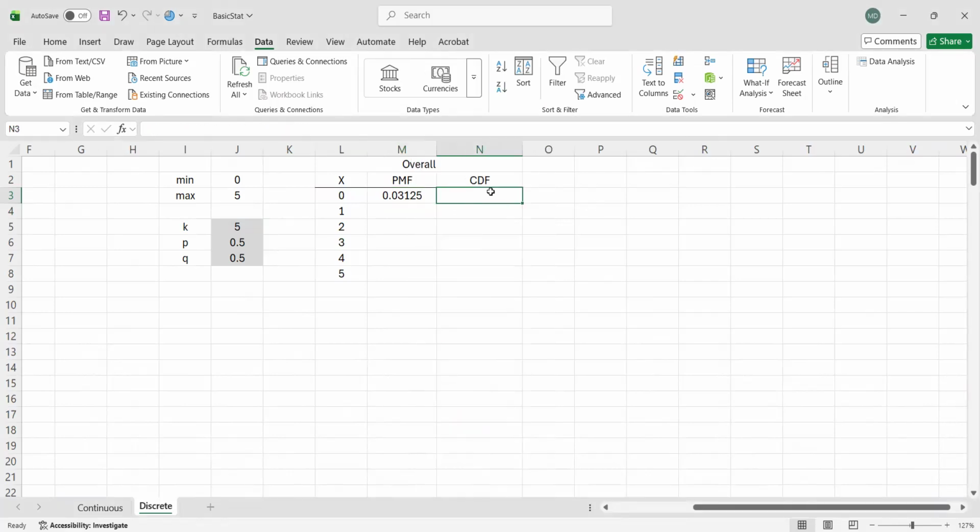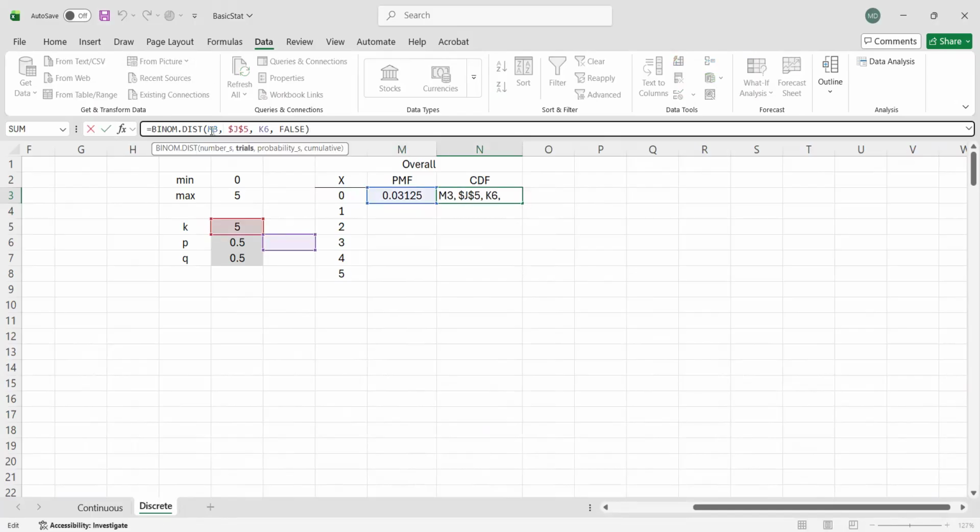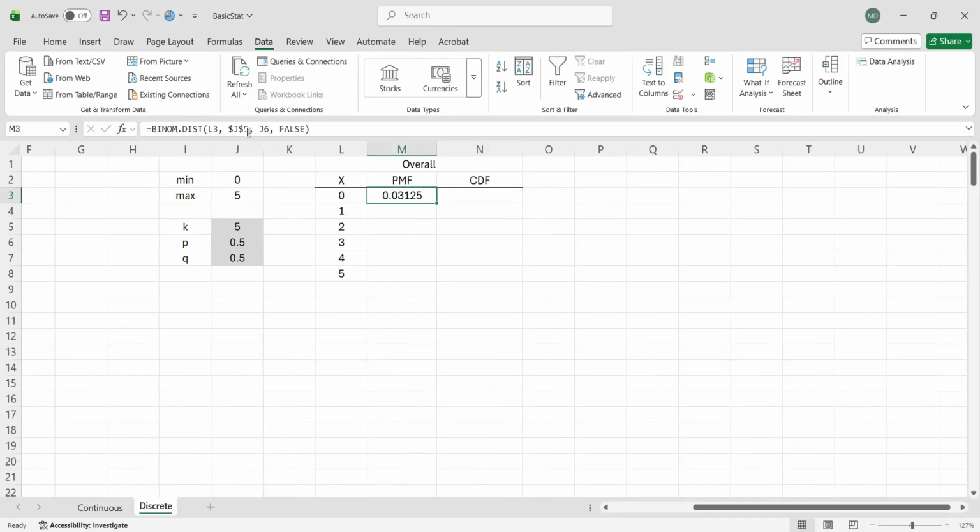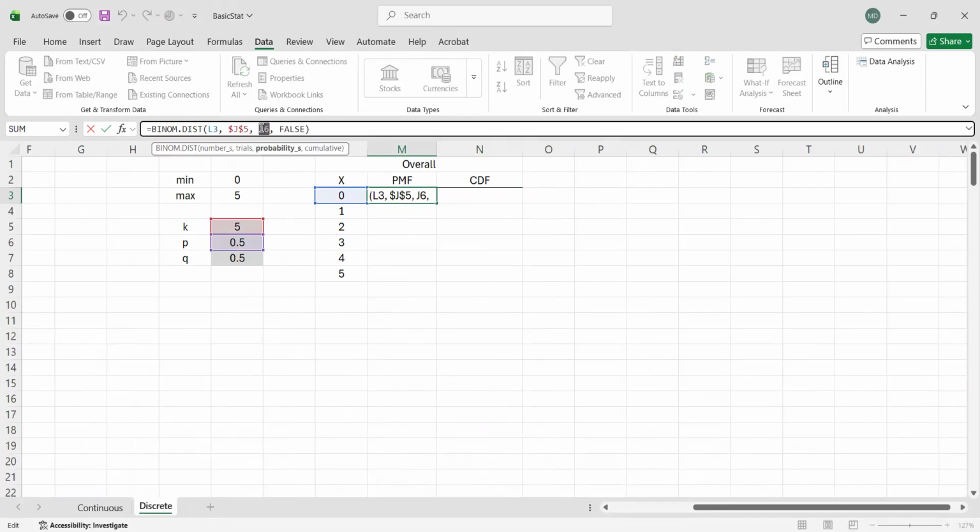And then now for the CDF, we use the same formula. We can copy, paste. But of course, we have to change this one with this one. And then I forgot, sorry, let me do this again. I forgot to put dollar sign in this one. Right.